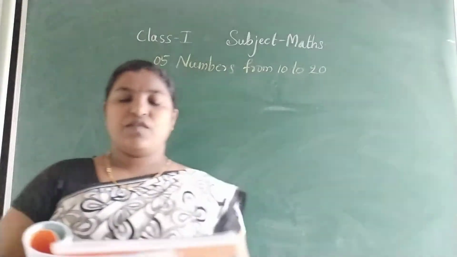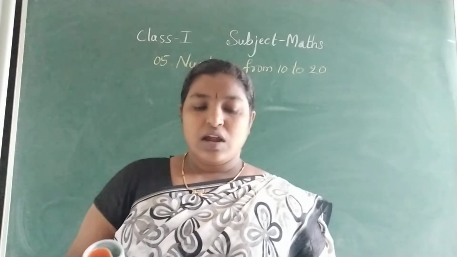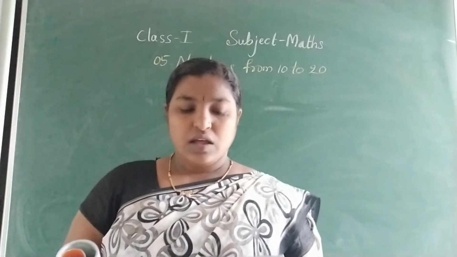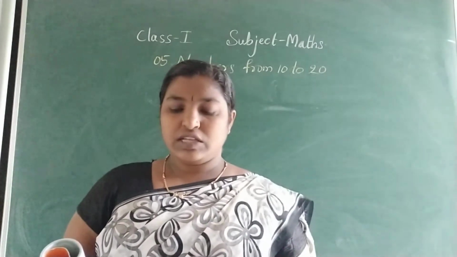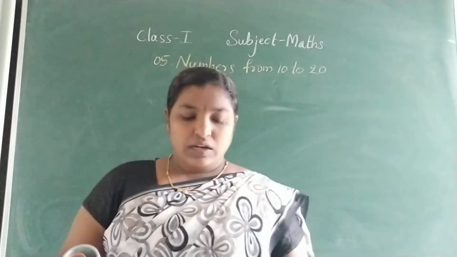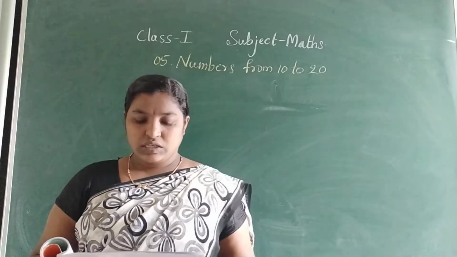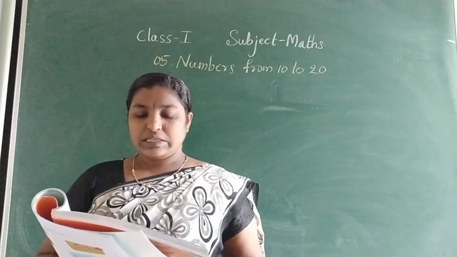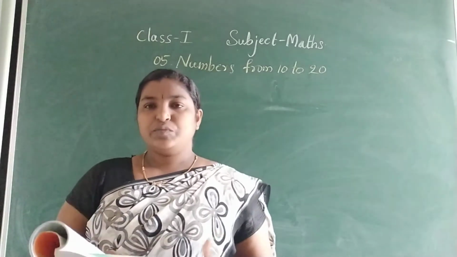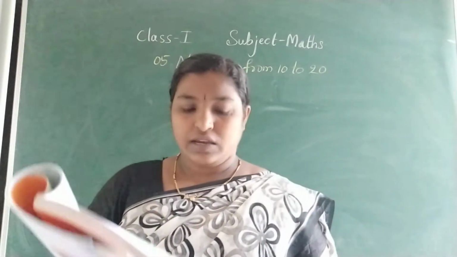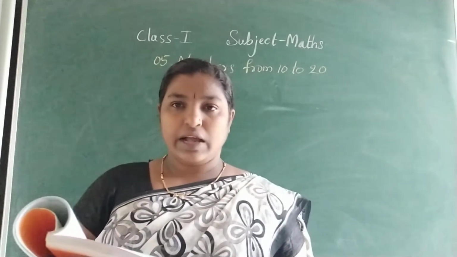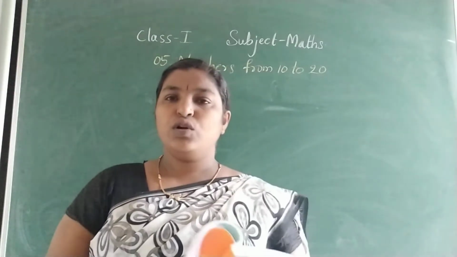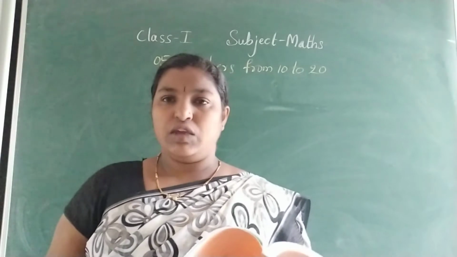10 leaves plus 5 leaves is equal to 15. 10 balloons plus 6 balloons is equal to 16. 10 trees plus 7 trees is equal to 17. 10 triangles plus 8 triangles is equal to 18. Again 10 balls plus 9 balls is equal to 19. The spelling is N-I-N-E-T-E-E-N. Then 20 kites is equal to 2 tens and 0 ones is equal to 20. T-W-E-N-T-Y, 20.